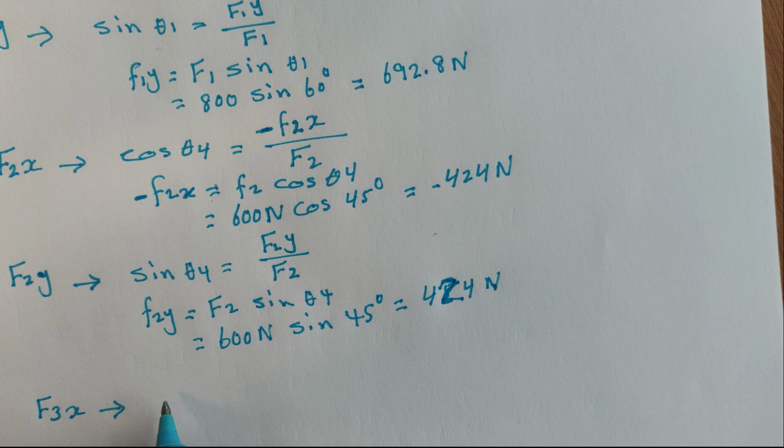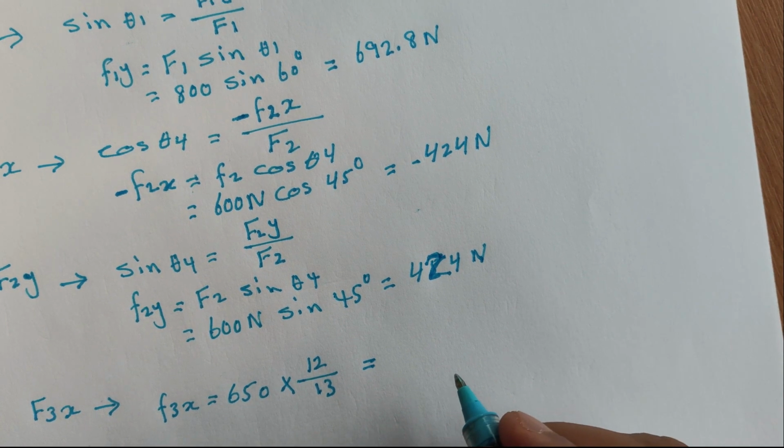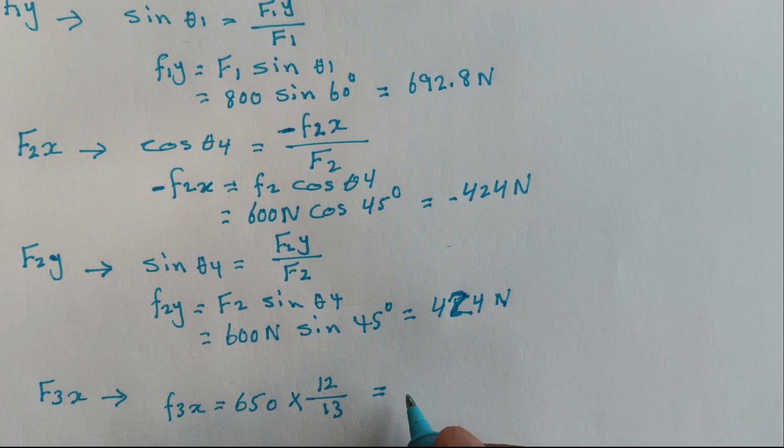For F3, solving now for F3 on the x direction, remember that the corresponding side to the x direction is 12. Therefore for this one here, F3 on the x direction should equal F3 itself, which is 650 Newton, times the corresponding side to the x-axis, 12 over 13. When you plug in these numbers in your calculator, F3 on the x direction is 600